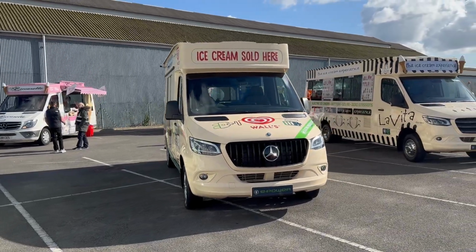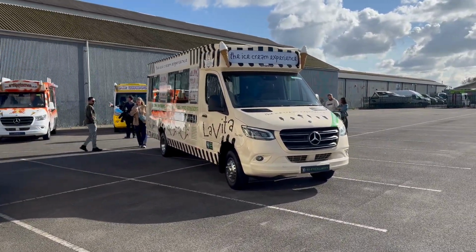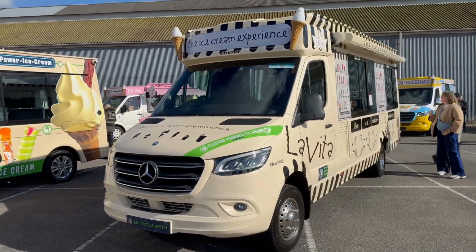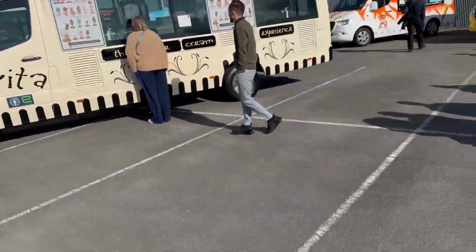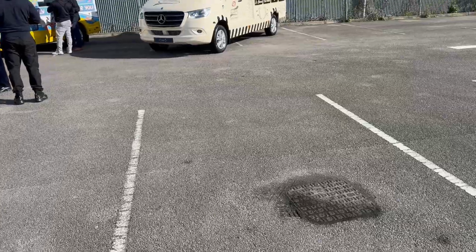Got Walls ice cream van here, and here, biggest ice cream van ever built by Whitby Morrison. Absolute beauty, this one. Look at that, absolutely massive. And then going over to the third row over here, we've got